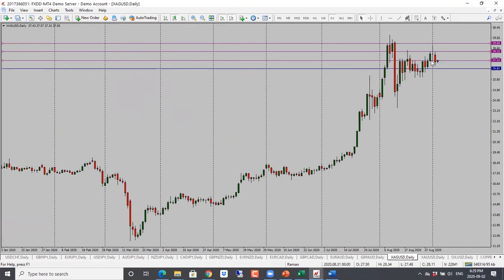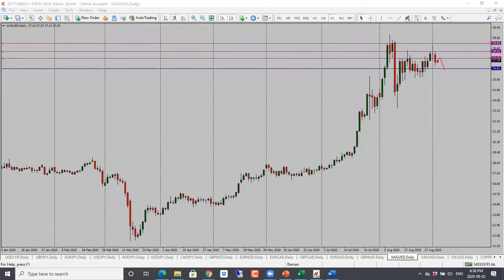Silver here, yesterday, this was neutral. And as we can see, it didn't really go through this resistance we had looked at yesterday. So bias is bearish still. Now I will look for 27.70 as a pullback level, and then a drop from there. So bearish bias, 26.80 is the first target.